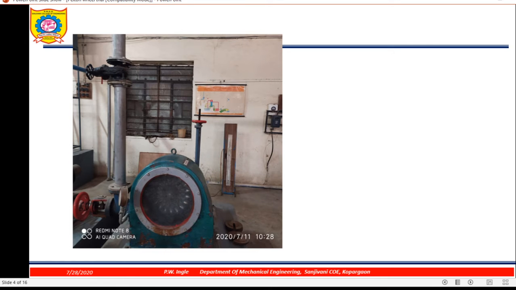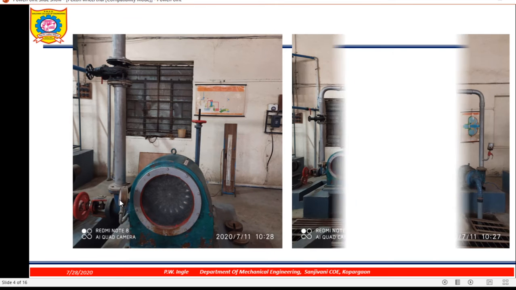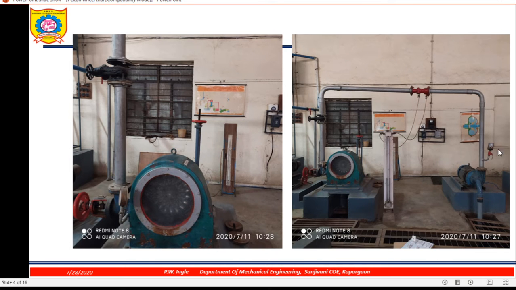Before that, you see the experimental setup. This is a Pelton turbine rotor. This is the casing, and this is the wheel for the movement of the spear rod inside the nozzle. This is the pressure gauge. Here you can see the complete setup. This is the centrifugal pump, venturimeter. This is the pressure gauge to know the pressure of water. Then this is the rotor, and on the rotor blades are mounted. This is a manometer which is used to calculate the height difference